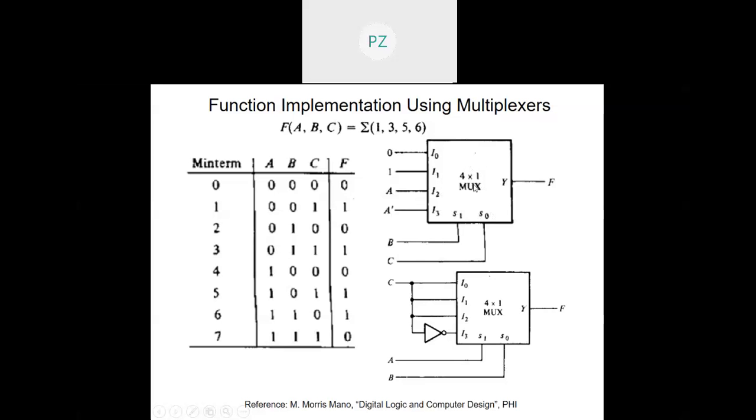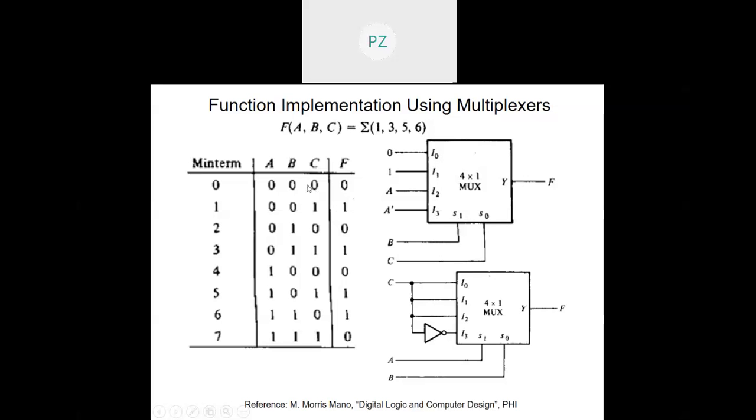What is inside, we already know. There will be 4 AND gates and one OR gate. That OR gate output is available here, right? The functionality of this multiplexer is such that when the selects are 0 0, I get I0 directed to the output. When they are 0 1, I1 gets directed; 1 0, I2 gets directed; 1 1, I3 gets directed. So I'm using that to my advantage.